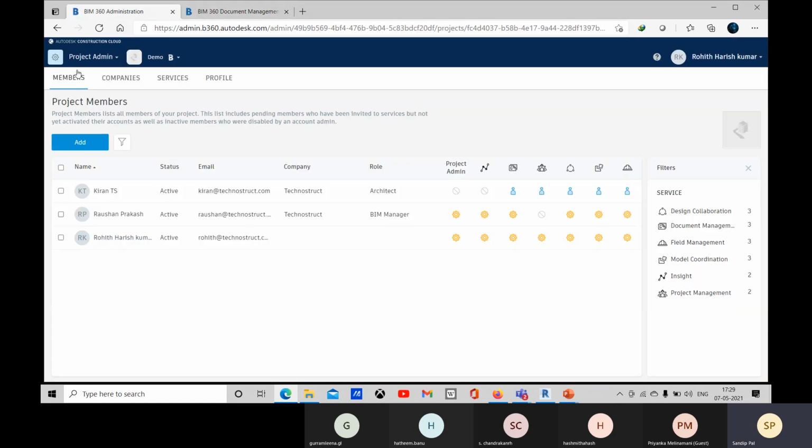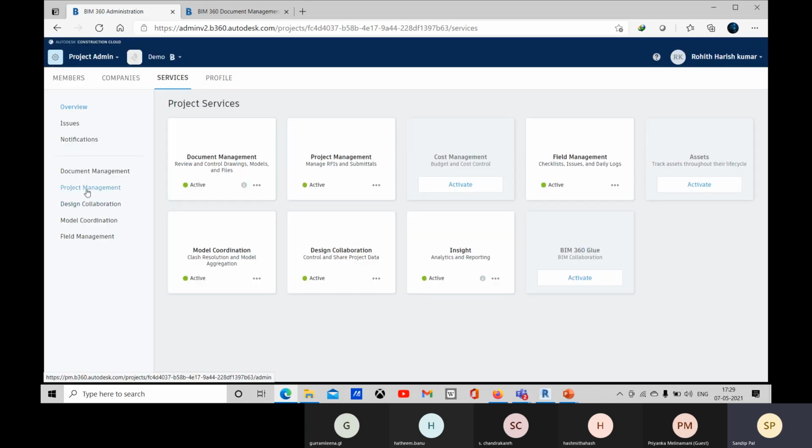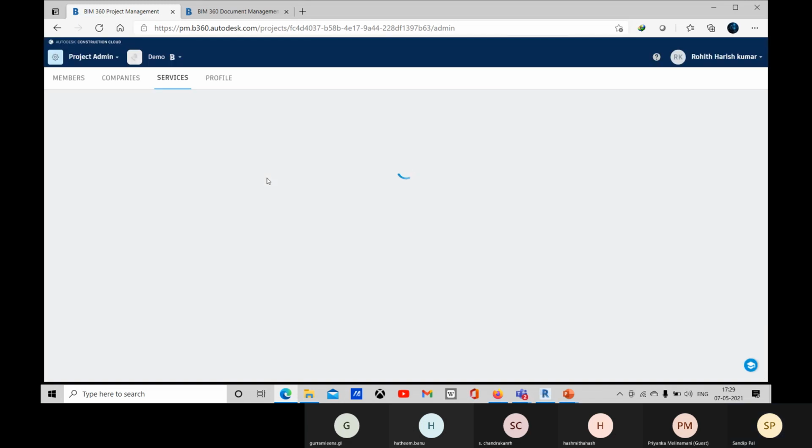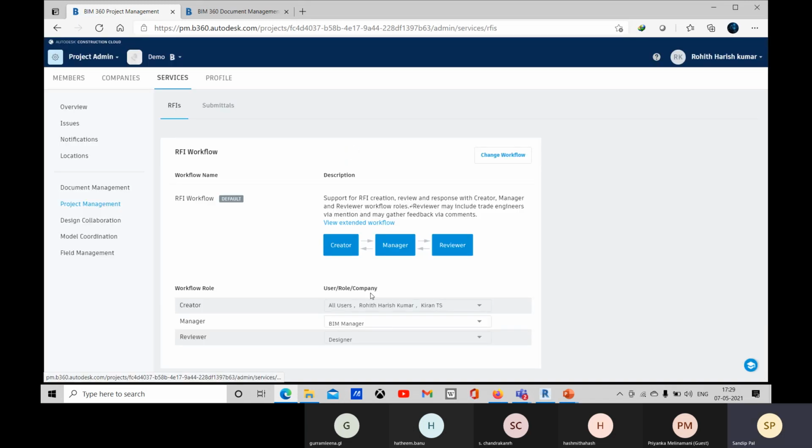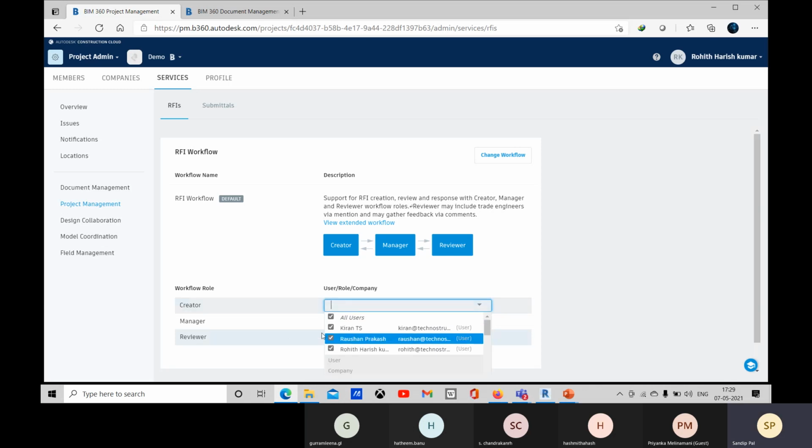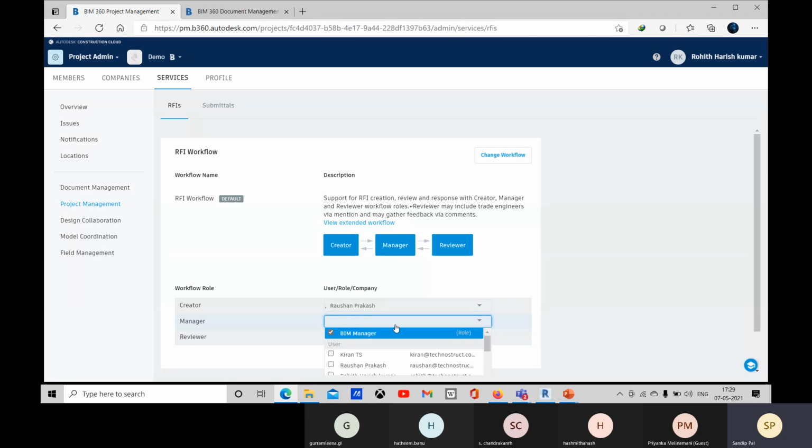Okay, so not here. I have to come to this services, and there you have the project management, and within that you need to define the workflow. So come to this project management. Within this RFI you need to define who will be the creator, and for the manager you need to assign it to some person.